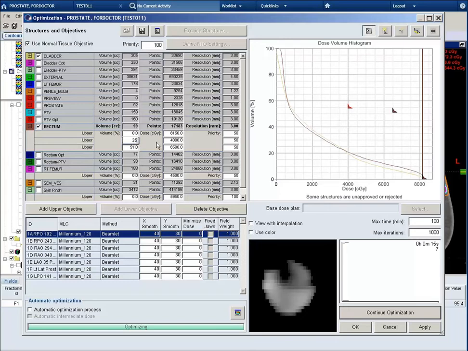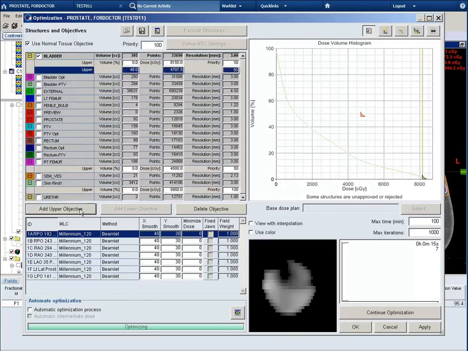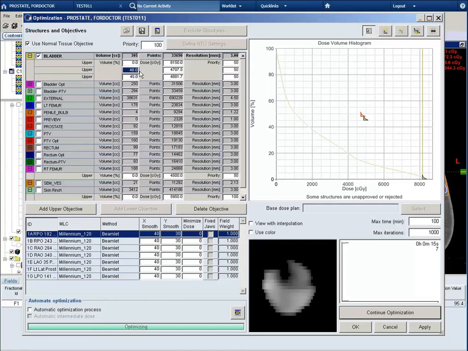And I'm going to add 2 points. And I'm going to place these points at the V40 and the V65. These are two dose constraints we're really concerned about with the rectum. And typically the V40 we want it to be less than 35%, and the V65 less than 17%. But this DVH is much lower than that. I can manually type in a percentage, or I can just drag and put this point where I want it. I'm going to leave the priority at 50 for these points,